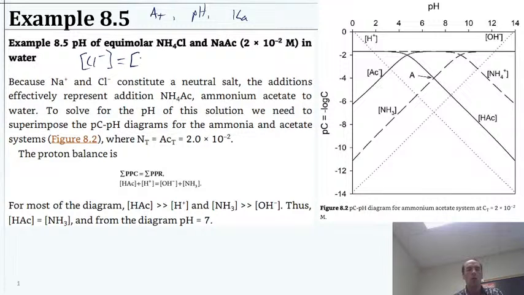just because we know we've added some amount of NH4Cl and the same amount of NaAc. Now the ammonium, NH4, is going to be in some equilibrium, and the acetate is going to be in some equilibrium. We've looked at both of these before, and we recognize the ammonium can act as an acid. It's kind of a weird one, right? It's going to be NH4 plus. It can give away a proton,